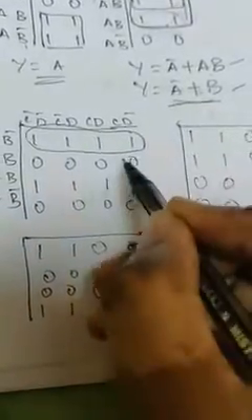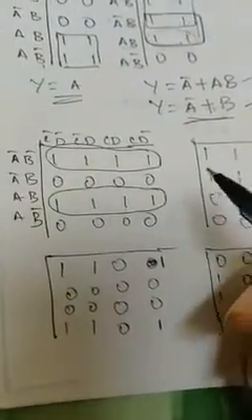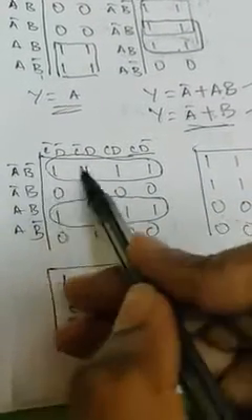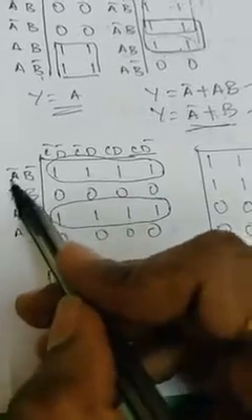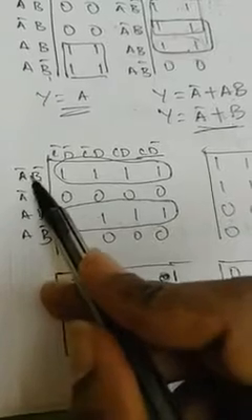So think quads. So you can group like this. This is one quad and this is another quad. Okay, two quads. So remaining are all zeros. If this is a quad, what is the answer? So everything here cancels. The answer is A bar B bar. The expression for this quad is A bar B bar, and the expression for this was AB. So the final answer is y is equal to A bar B bar plus AB.